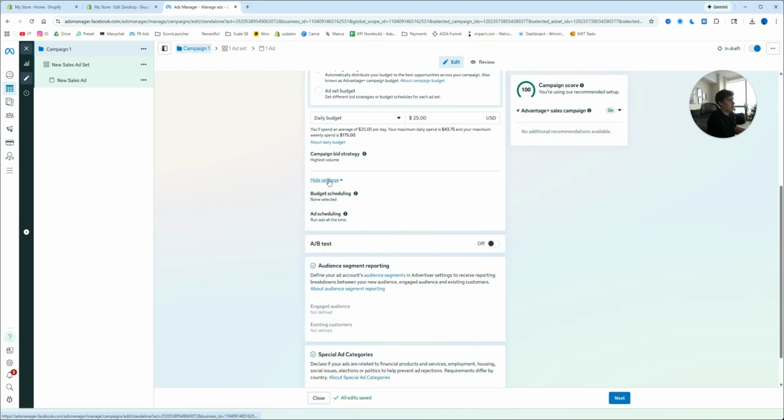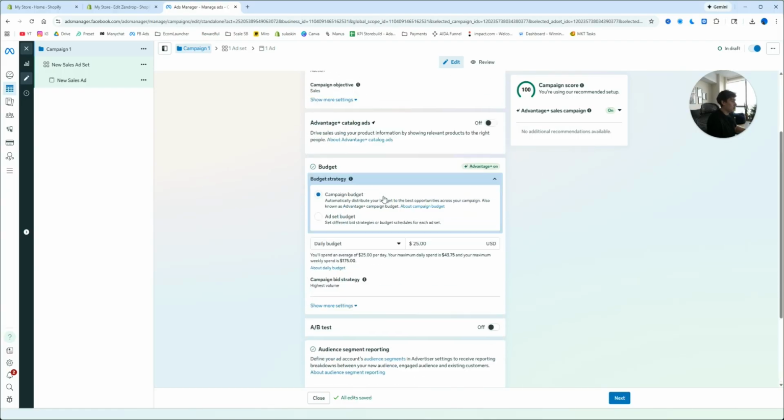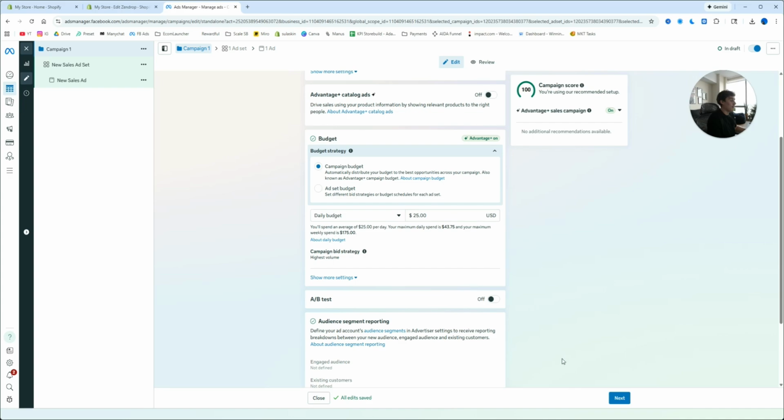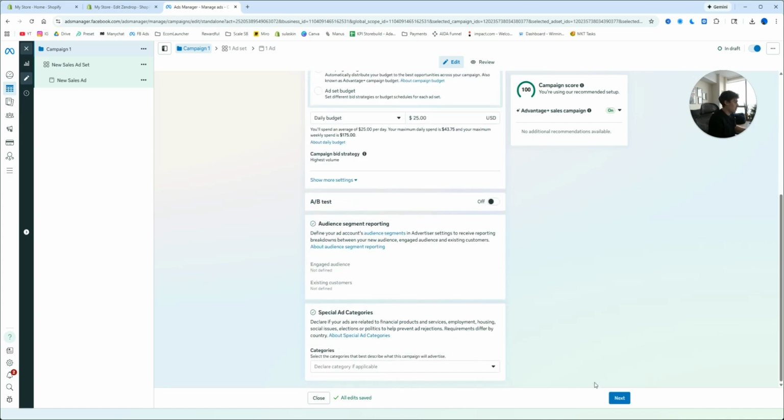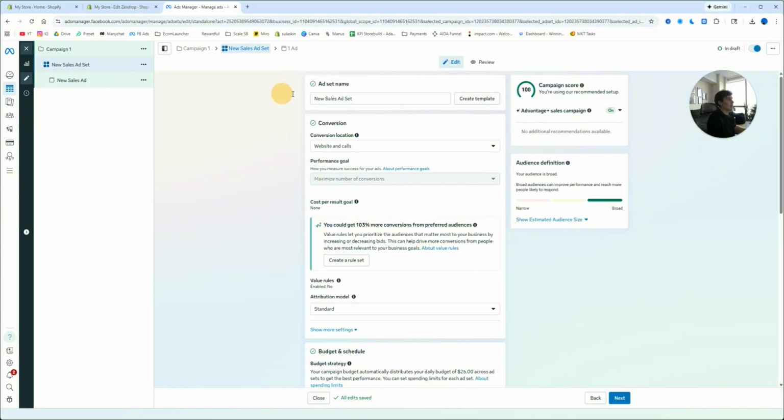We come down some more. We have our budget scheduling and ad scheduling, but I'm just going to leave that as is. We have our A/B testing. I'm not going to touch that. Special ad categories, I'm not going to touch that either. And this will be everything for our campaign, right? So we have the campaign budget for $25 and no ad set budget. So then we're going to go ahead and click on next,